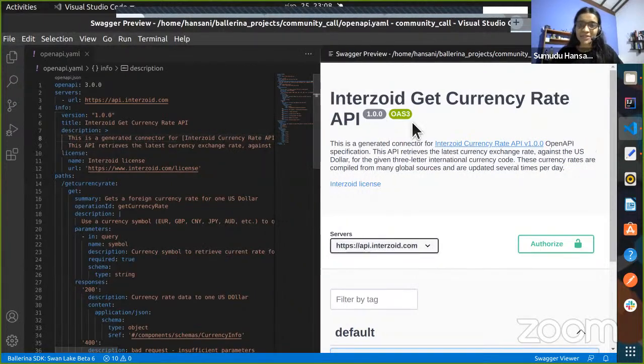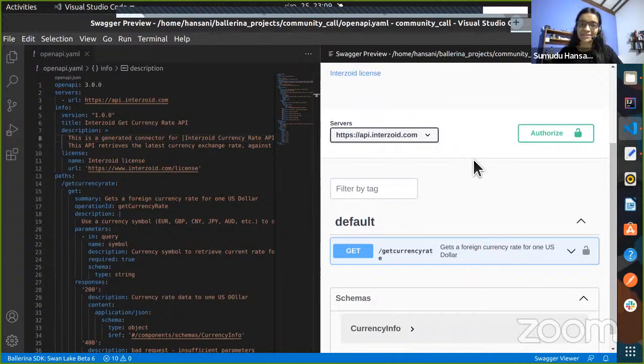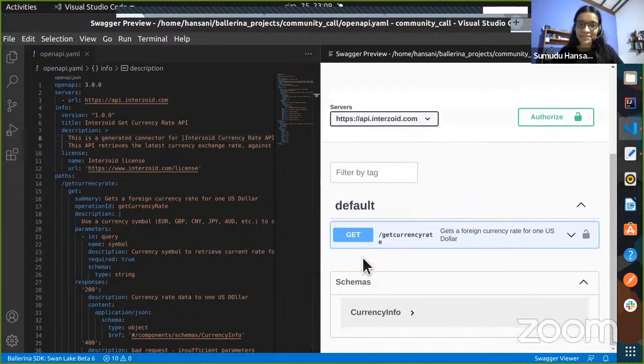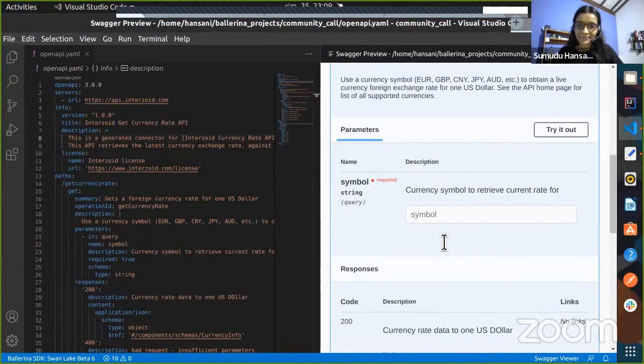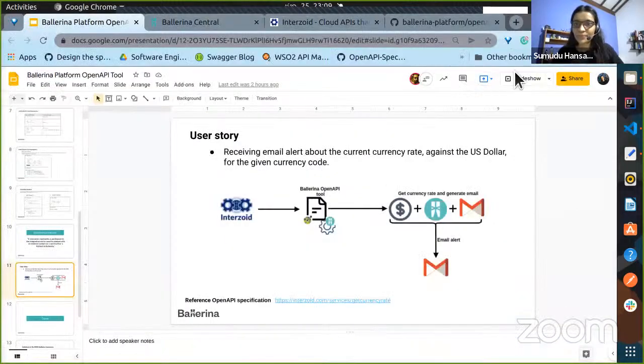The currency API is prepared for getting the currency rate according to your country code. It has an authorization mechanism, that is API key authorization, and it has one GET operation with one query parameter. This is the YAML I'm going to use through my presentation. And moving forward,